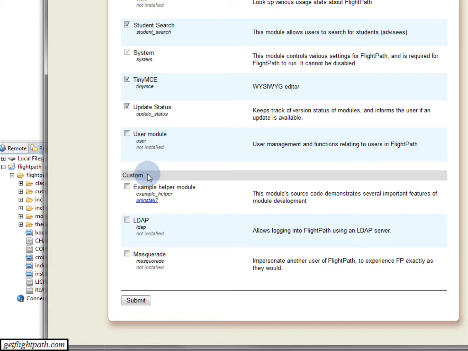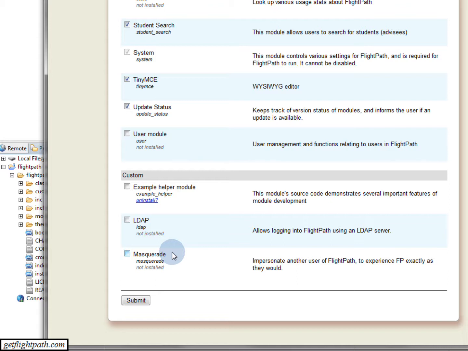Now, depending on your setup, you may only see one module here, maybe a couple. I've got a couple extra modules that I've been working on. But for the time being, we're just going to leave this screen open. We're not going to do anything for just now. So instead, I'm going to take us to the code part, and we'll go ahead and begin laying the groundwork